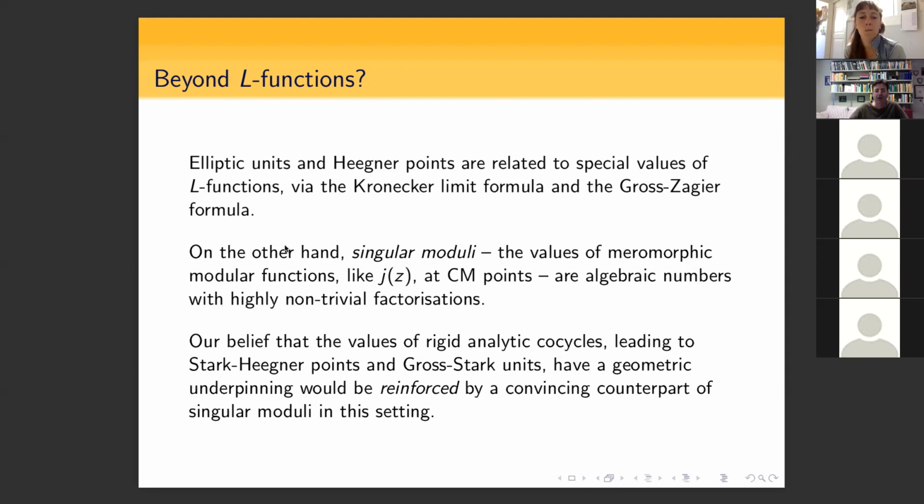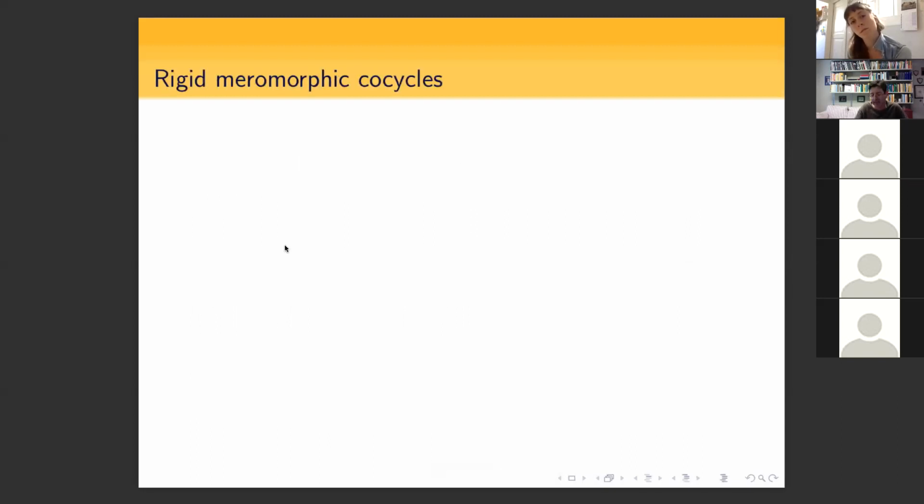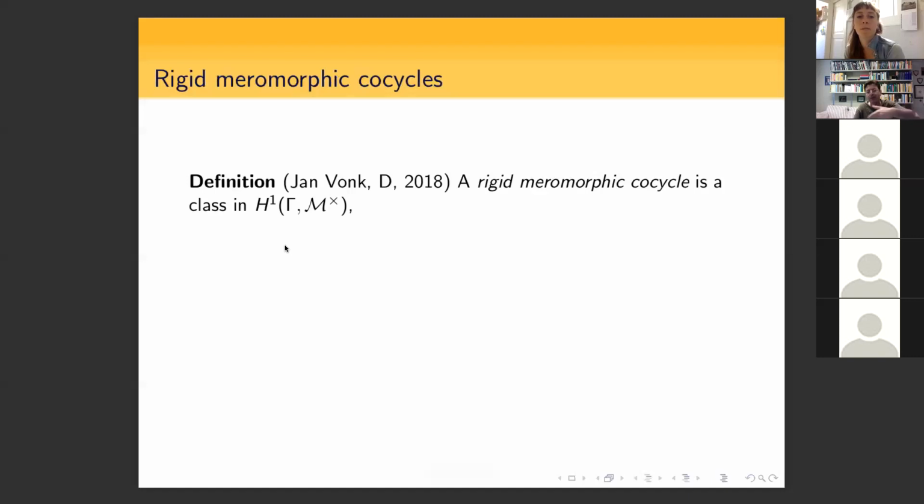And so our vague belief that the theory of rigid analytic and meromorphic cocycles should have a geometric underpinning would be strengthened if we could find a convincing counterpart of singular moduli that would fit into this framework. And that's what led Jan and I to studying rigid meromorphic cocycles. A rigid meromorphic cocycle is simply a class in the first cohomology of the Ihara group,